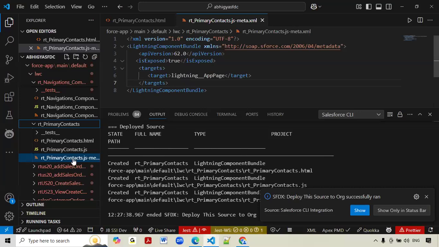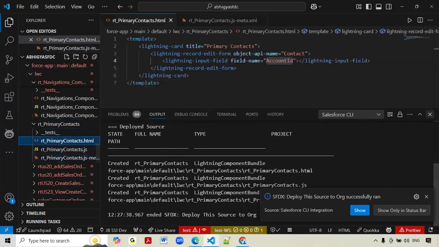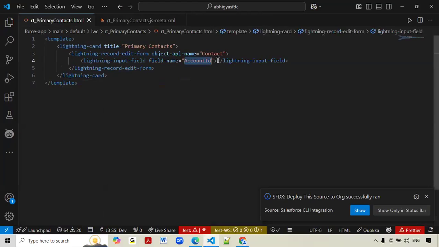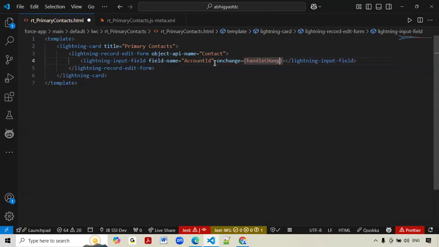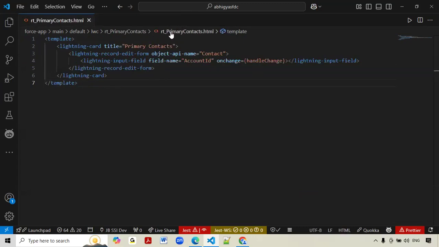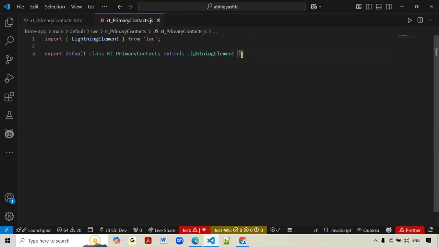we need to hold it, right. Whichever account they have selected, that account ID we need to hold now. So for that purpose, here we have to take the onchange. On change. So here handleChange. So let me save. Let's come to the JS. So here I am taking the JS